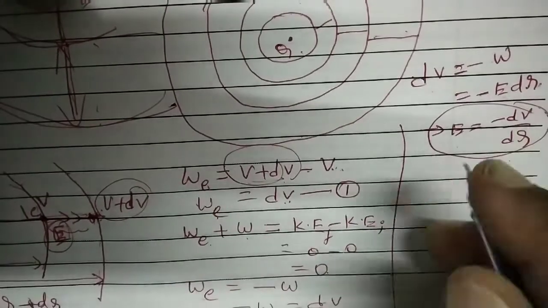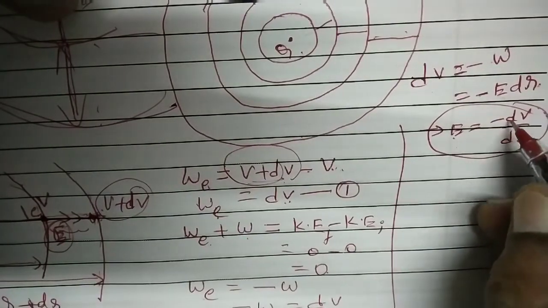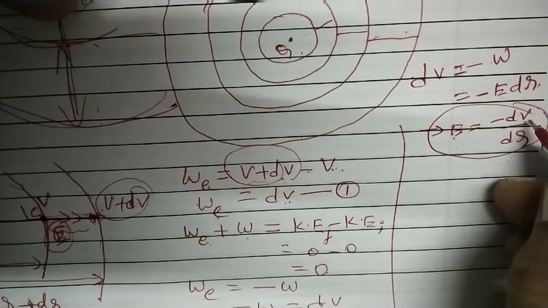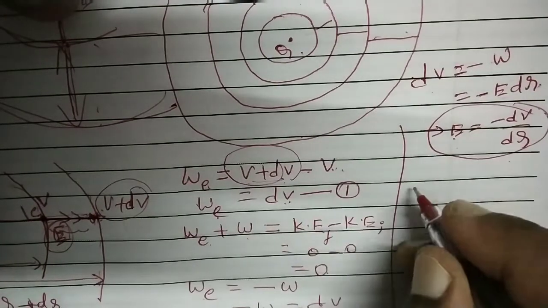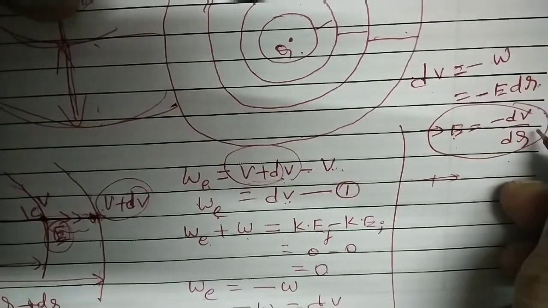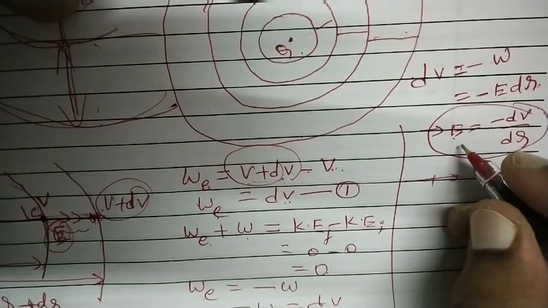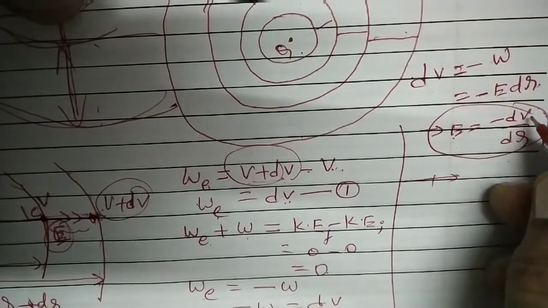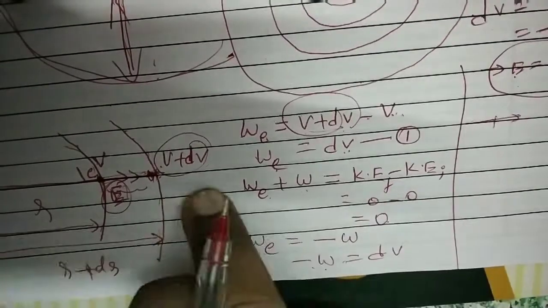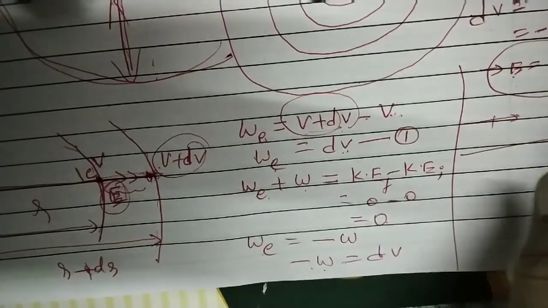So this is how it is read: electric field intensity is read as the negative of the potential gradient, meaning the change in potential per unit distance. dV stands for change in potential, and dr stands for distance. If you go a distance dr, the potential changes by dV. If you go a unit distance, the change in potential is dV by dr. That is called E. So electric field intensity is defined as the negative potential gradient. And the negative sign indicates that if you go in the field direction, the potential decreases. So that is this definition.